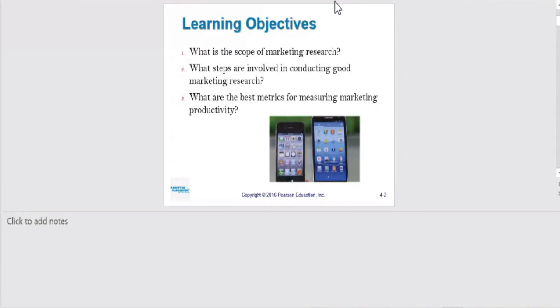So technically, its importance lies in generating insights into how and why we observe certain effects in the marketplace. So why exactly is it that certain products are colored in a specific way? They're packaged in a specific way. They have a certain type of pricing, or they have certain types of designs. All these aspects are actually outcomes of marketing research which has been carried out to make these products viable for consumers to actually use.